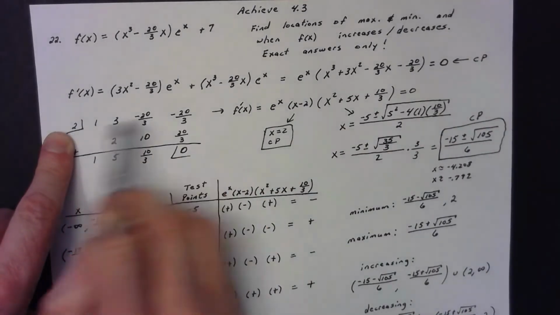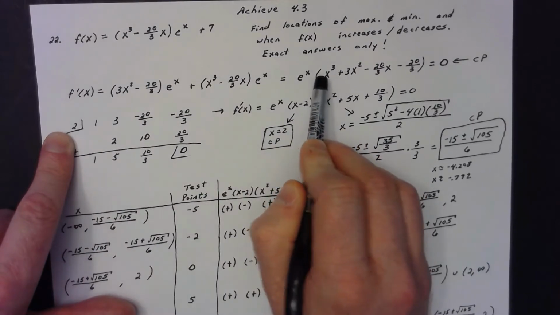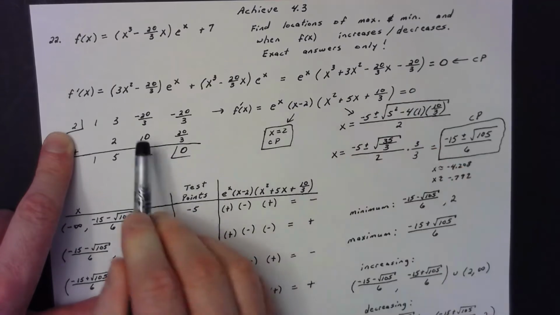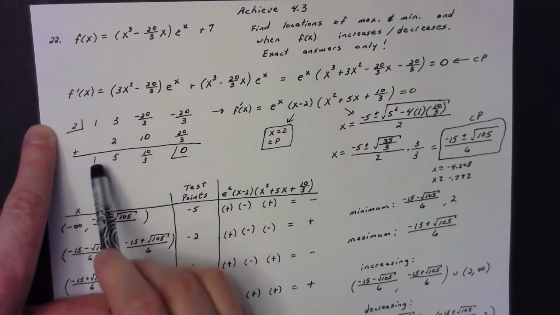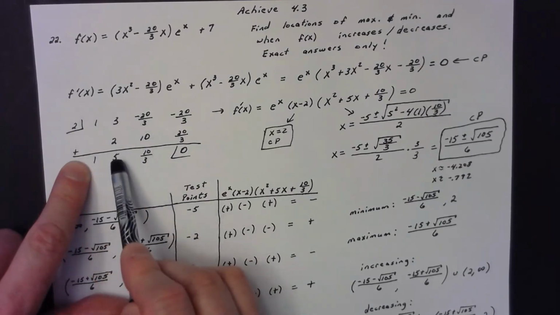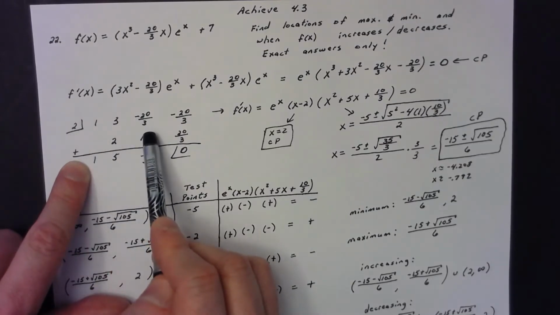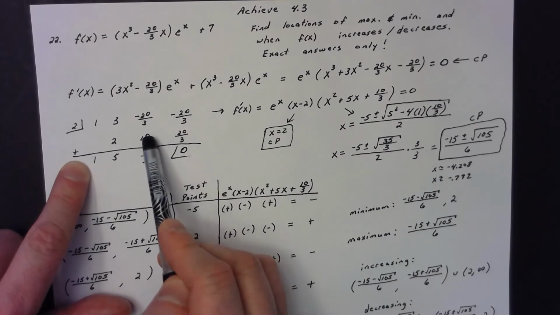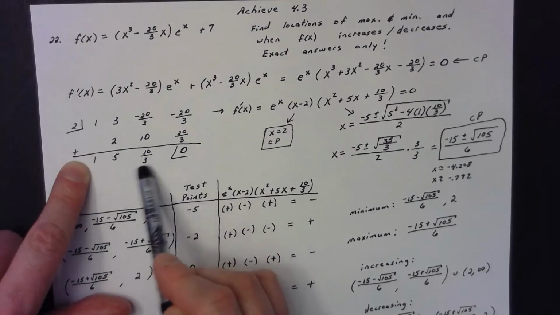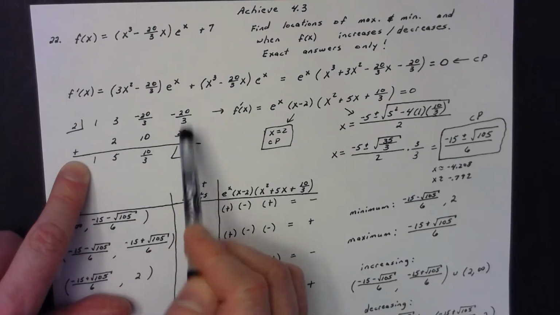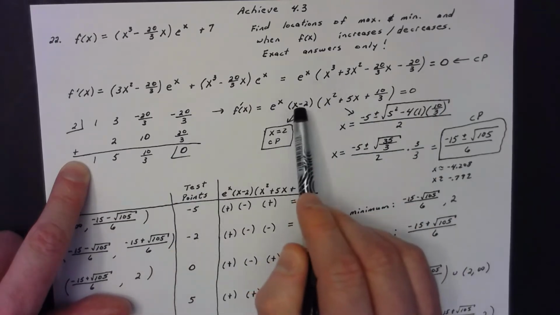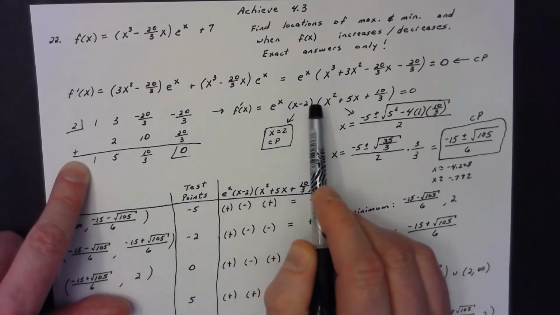use synthetic division to divide it into my other coefficients: the 1, the 3, the negative 20 over 3, and the negative 20 over 3. Please notice when I do synthetic division, you always bring down the first term. 2 times 1 is 2. 3 plus 2 is 5. 2 times 5 is 10. And then I thought of this 10 as 30 over 3. Negative 20 over 3 plus 30 over 3 gave me 10 over 3. 2 times 10 over 3 is 20 over 3. We get a remainder of 0, which guarantees, yes, x minus 2 is a factor, since x equals 2 is